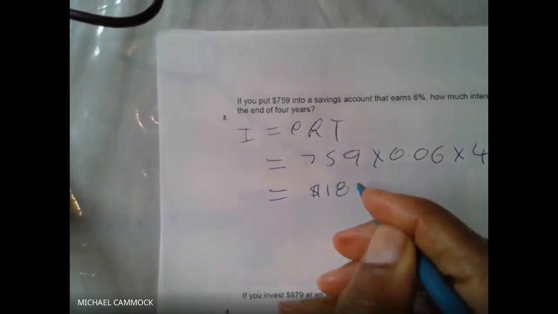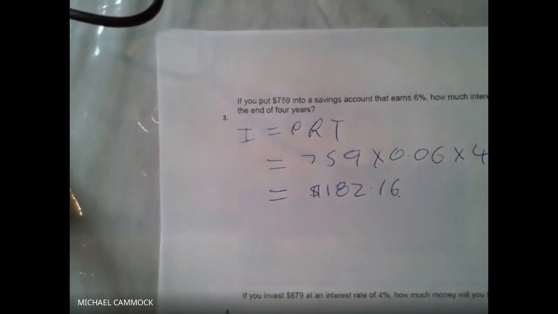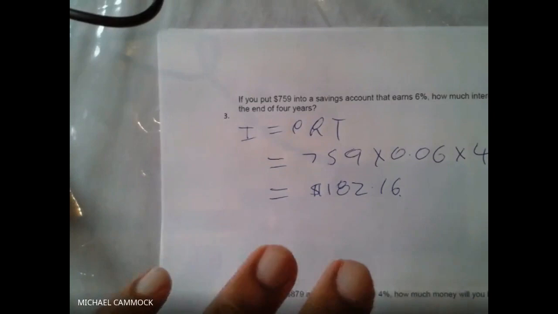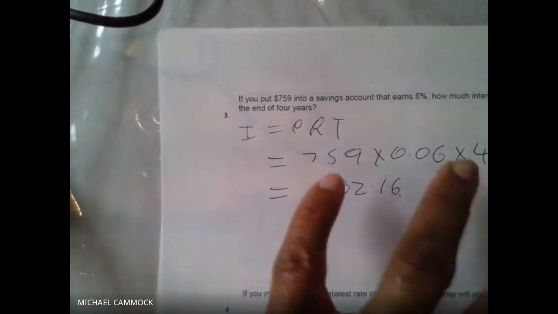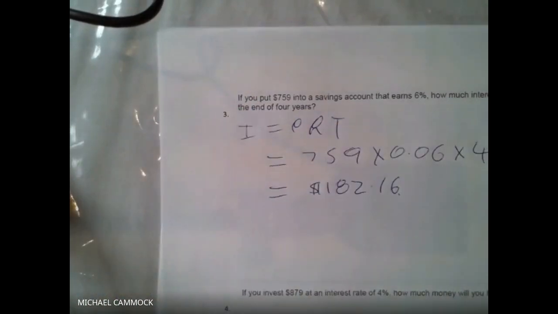All right, because the question did not ask me for the amount, the principal and interest together, it is just the interest, and it's not compound because it doesn't mention compound in the question, and that's why that 182.16 is the right answer. So I'm going to go back and I'm going to put that into my